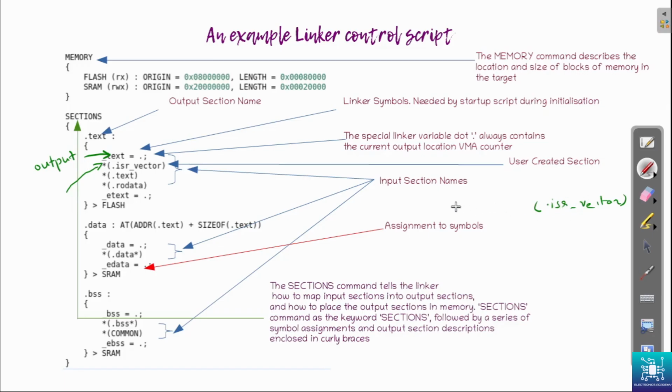So for example, it could be startup gcc.o. So this could be a command which will tell the linker to extract this section from this particular file and move it to the